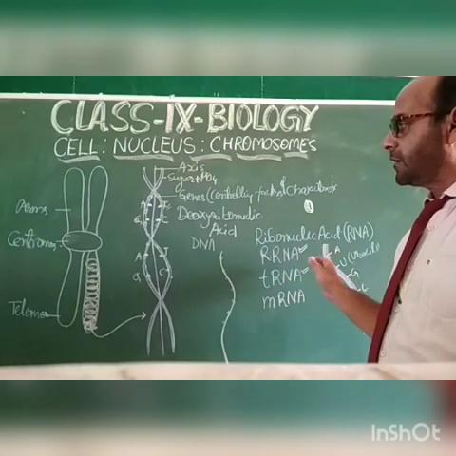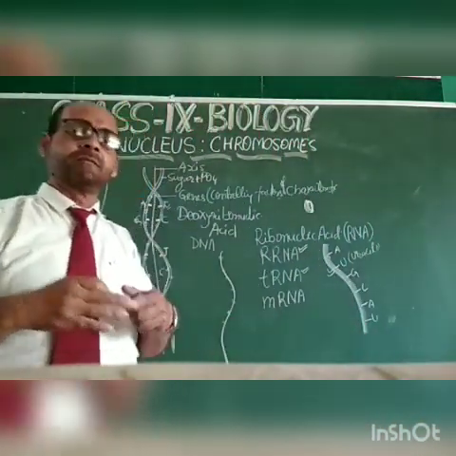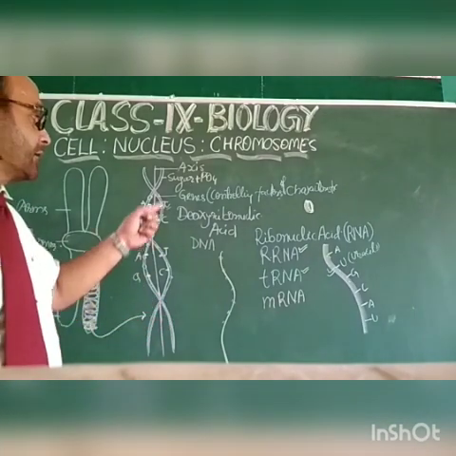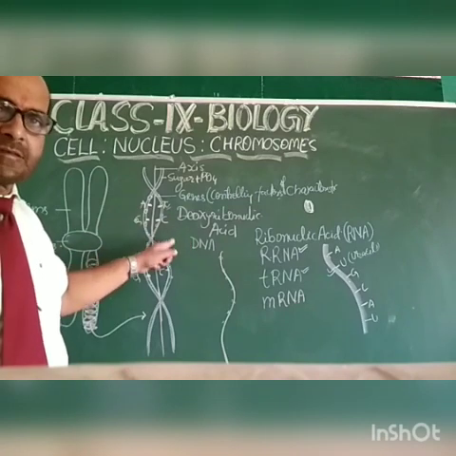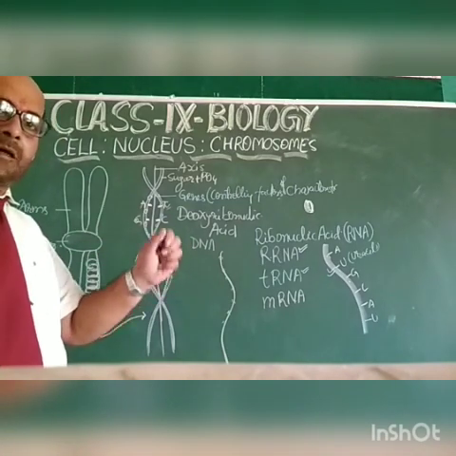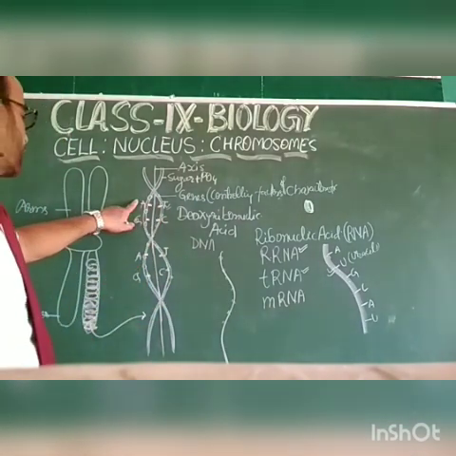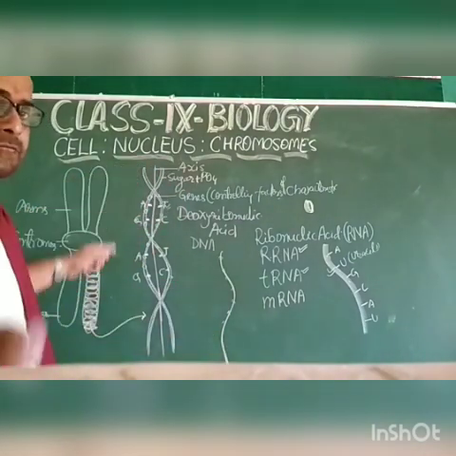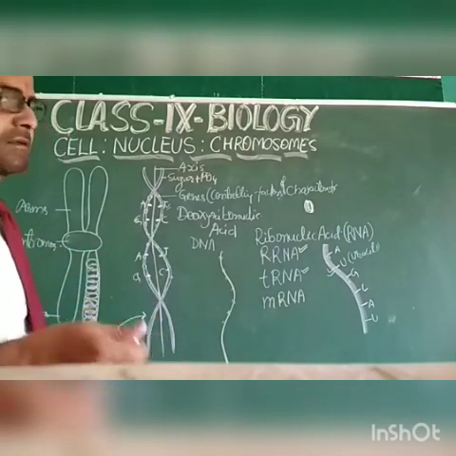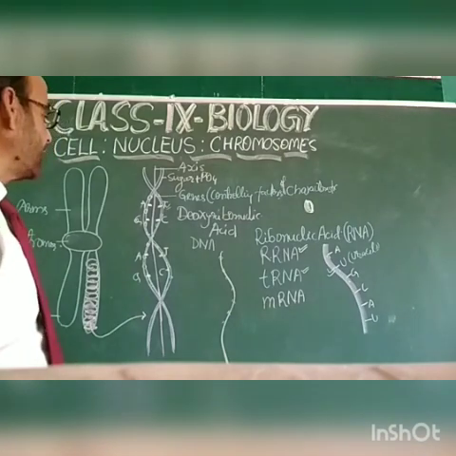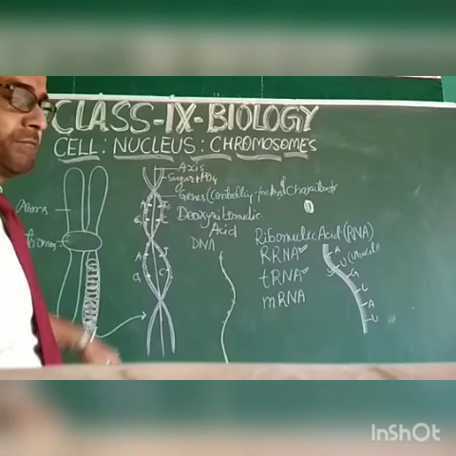So now you have to know that this DNA and chromosome is a genetic material which controls all the functions of the cell. That is why this is called the brain of the cell. It is found in the nucleoplasm, in the mitochondria, and in the plastid, to control the function of that mitochondria or plastid, or in the nucleus for controlling the complete cell functions, the complete metabolic processes in the cell, whether anabolic or catabolic. So my dear student, this is all about the nucleus, chromosomes, nucleolus, chromatin, DNA, RNA and cell.